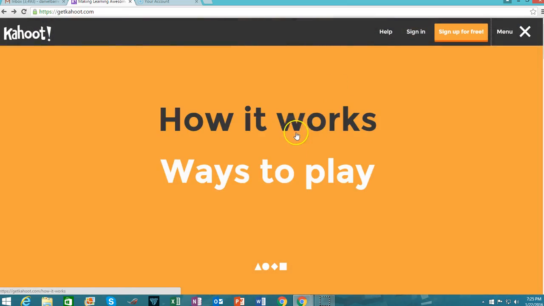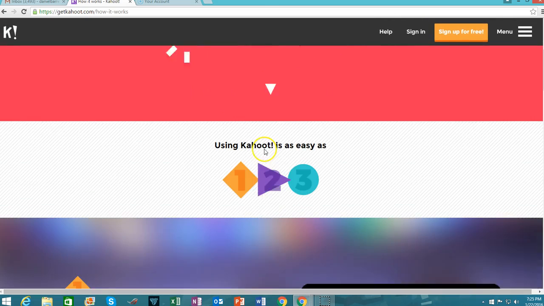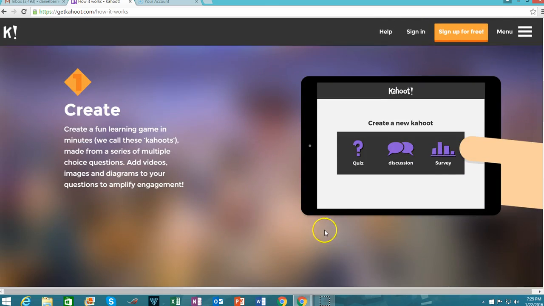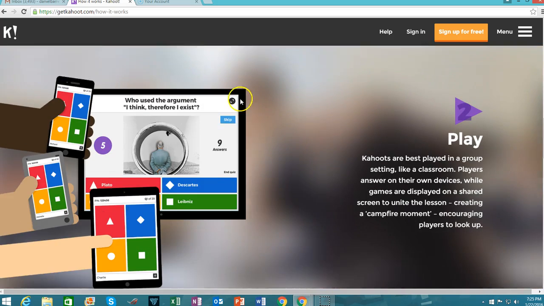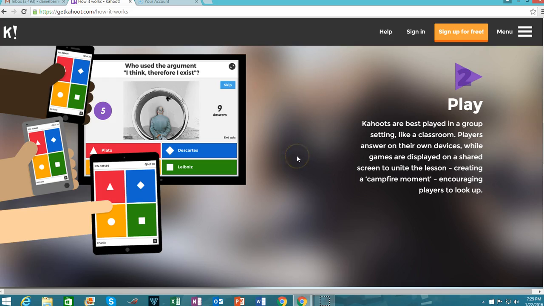Going back here on how it works, basically 3 steps. First thing you do is choose if you want to do a quiz, discussion, or survey. You can add videos, images, and diagrams to your questions to help amplify engagement. Ideally, you want to show the quiz, survey, or discussion up on a